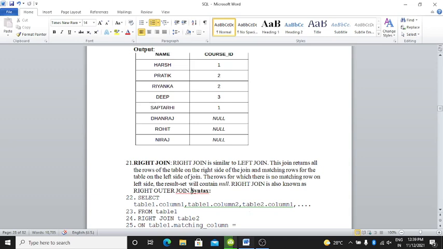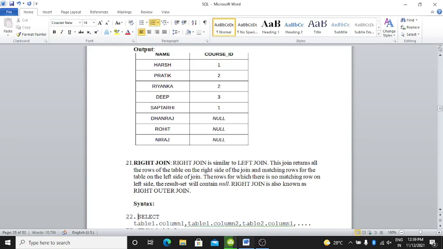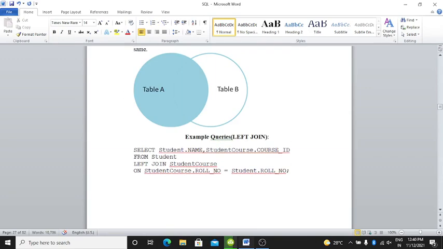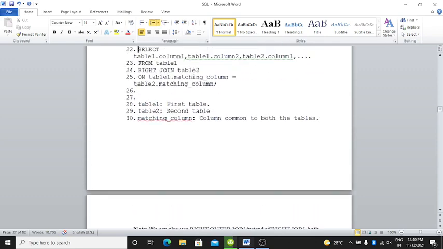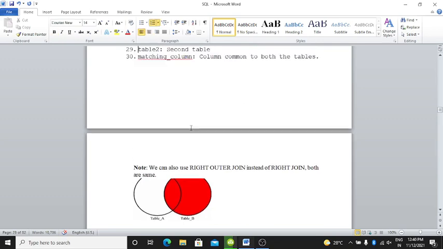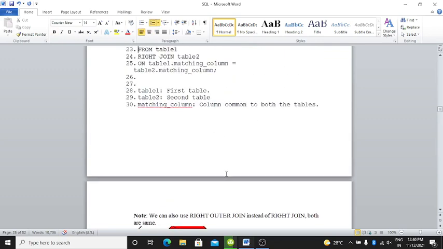Right join is also known as the right outer join. Here is the syntax for the right join. Select table1.column1, table1.column2, table2.column1, table2.column2, and so on, however many columns and tables there are. From table1 right join table2 on table1.matching_column equals table2.matching_column. Table1 is the first table, table2 is the second table, and the matching column is the column common to both tables.